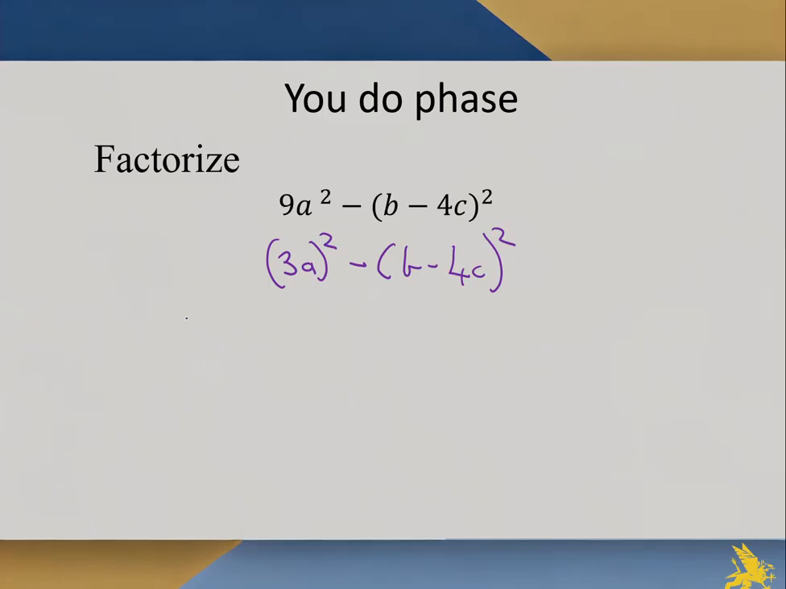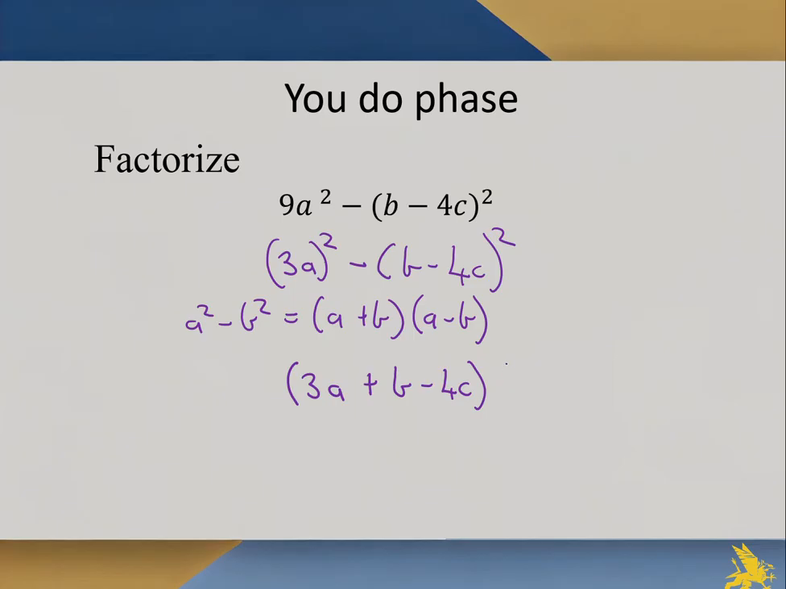So I'm not going to, I will actually write the whole rule again. A squared minus b squared is equal to a plus b, a minus b. The next step that I will do is I look at the a value. The a value is 3a. So I'll go 3a plus b minus 4c and 3a